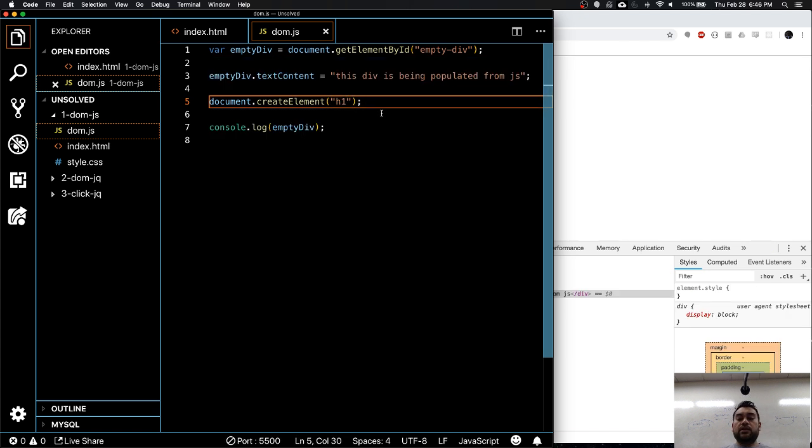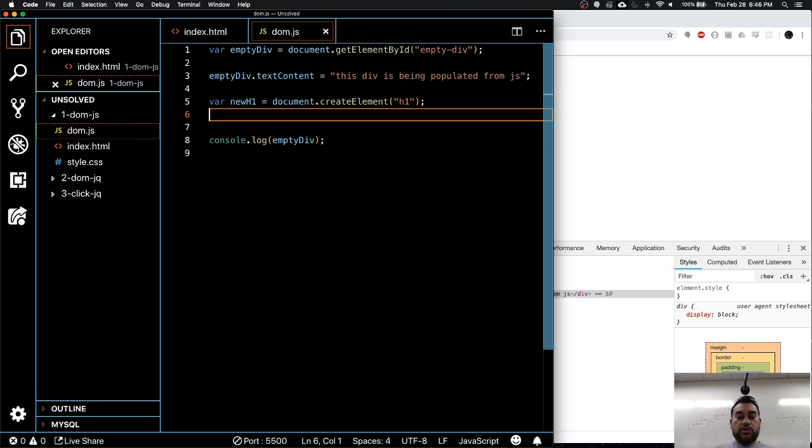You can create an element and then attach it to something. Let me call this new h1. Okay, so at this point it created an element, but it's kind of like an orphan element. It's not attached to anything right now, right? It doesn't know where to place it,